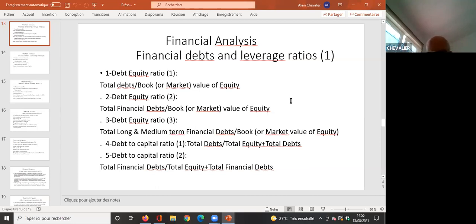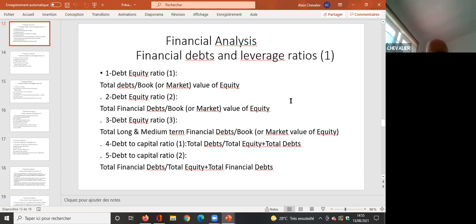market value was introduced. And at the same time, it was more and more clear for analysts and academics also that operational debt and financial debt were something completely different. So if you have a look at number two, you find now not total debts, but total financial debt. It means, if you come back to the startup presentation I introduced, the long and medium term financial debt plus the short term financial debt, divided, in the most simple case,